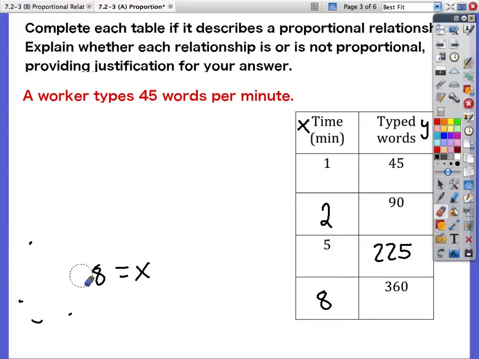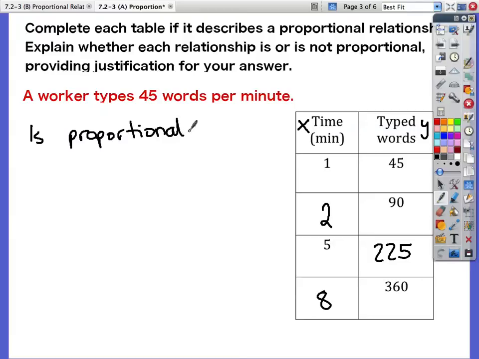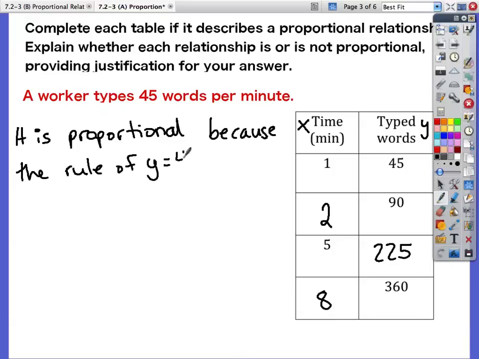It says, tell whether or not each relationship is proportional. So I know that this relationship is proportional, but here are a few different ways that I know it. Okay, it is proportional. That's probably how I should word it. It is proportional, because, remember, we have to use that word when we justify, because the rule of y equals 45x fits the y equals ax format,